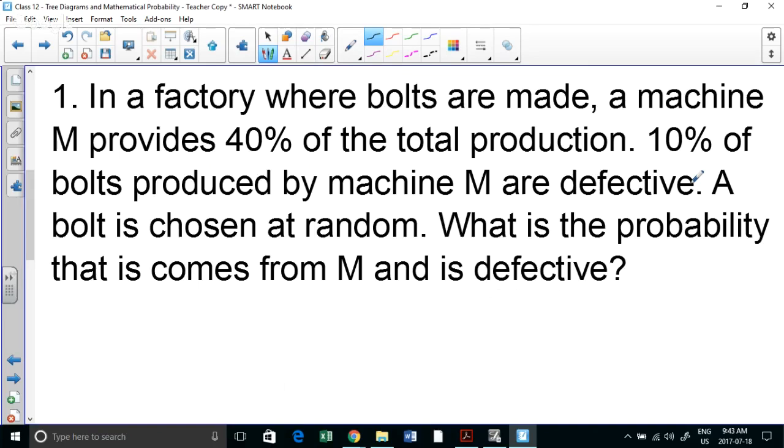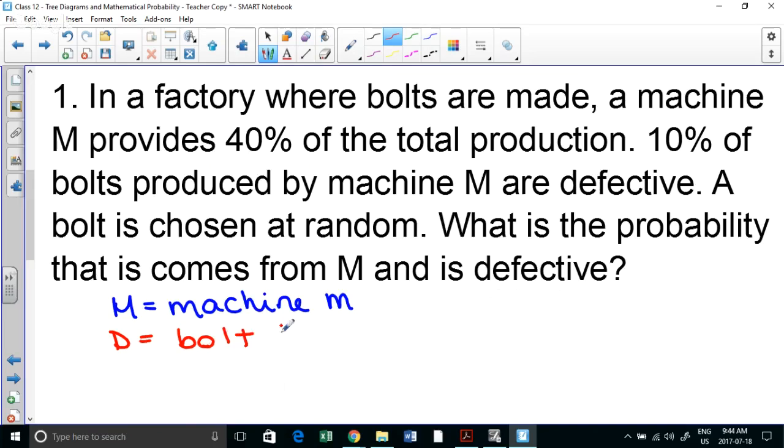Give the probability that this bolt is defective. So if we call M machine M, and we call D bolt is defective,